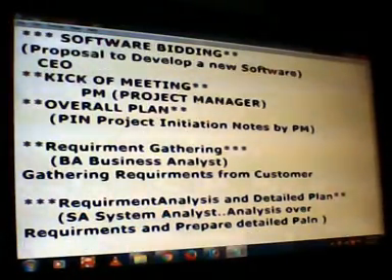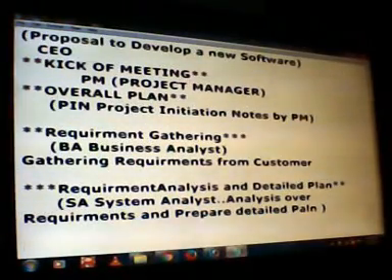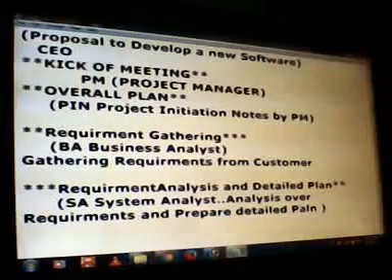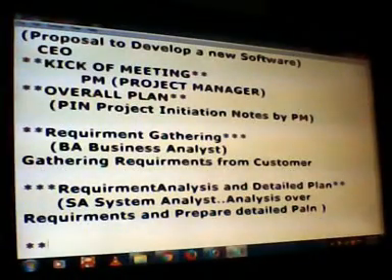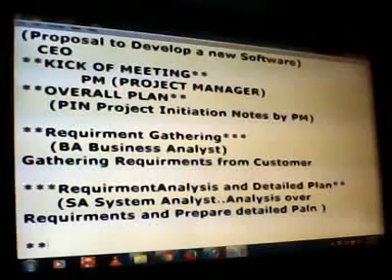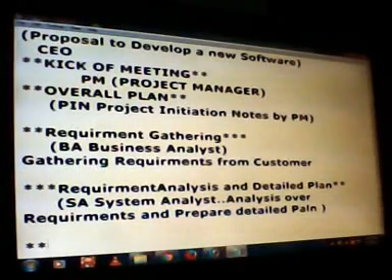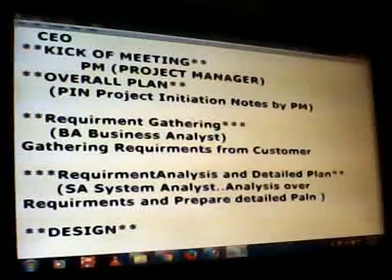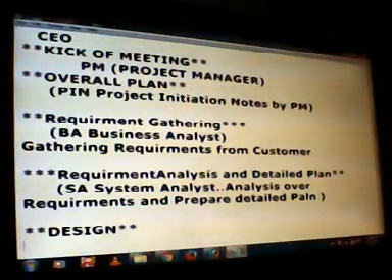After successful preparation of the detailed plan, after analyzing, the system analyst is going to forward this document, including the detailed plan, to the technical architect in the designing phase.